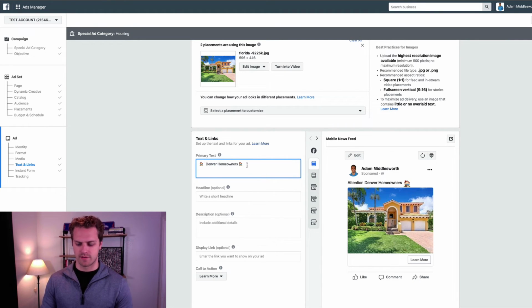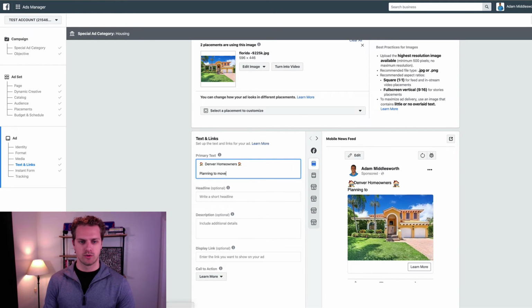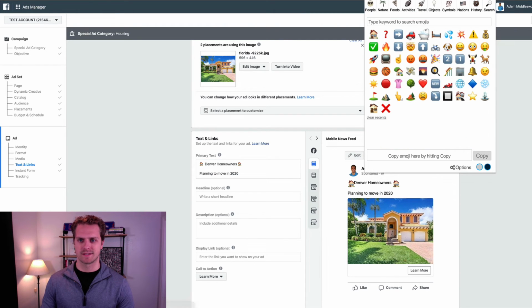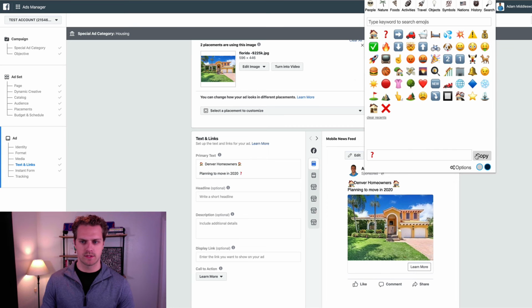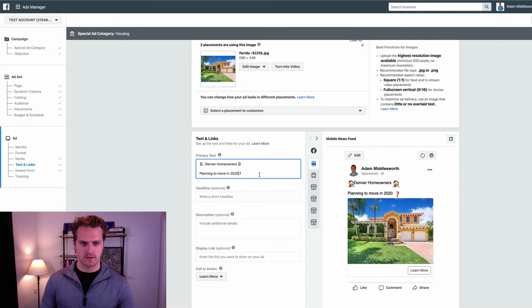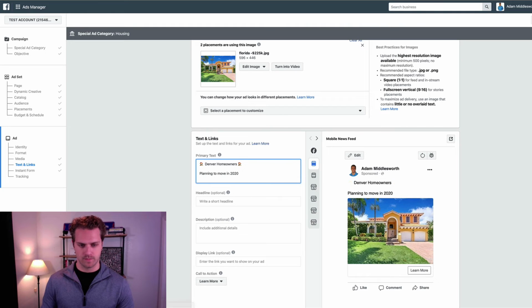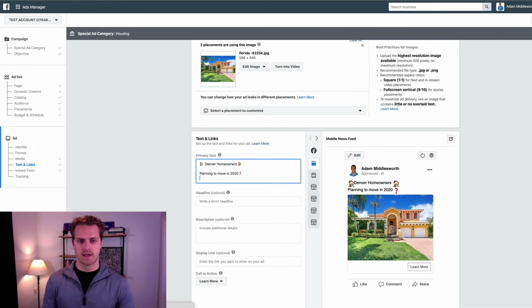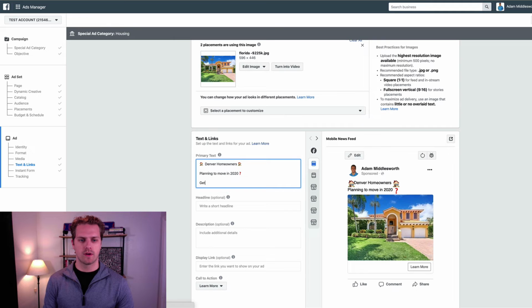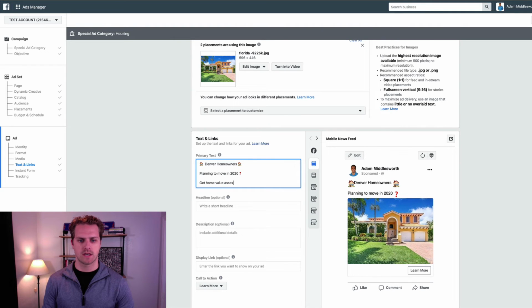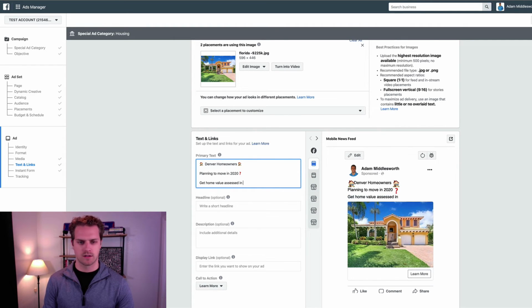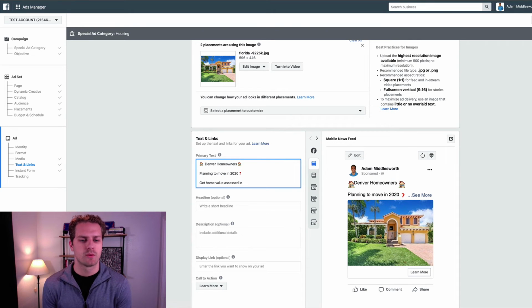Or we could just do Denver homeowners, or whatever it would be. And then on the next part, we're going to say planning to move in 2020. And then again, we're going to use a question mark because Facebook doesn't love questions at the moment. Leave that there. And then boom. Get your home value assessed in